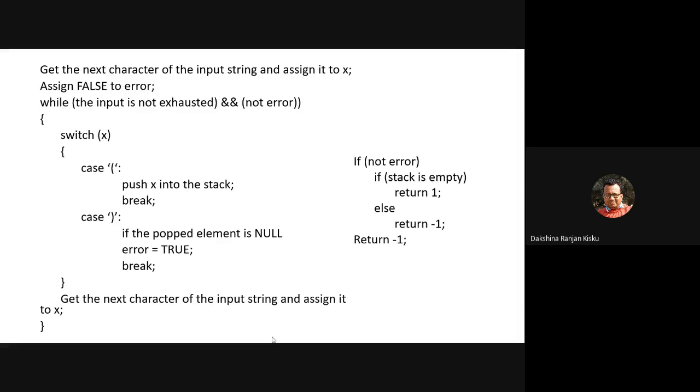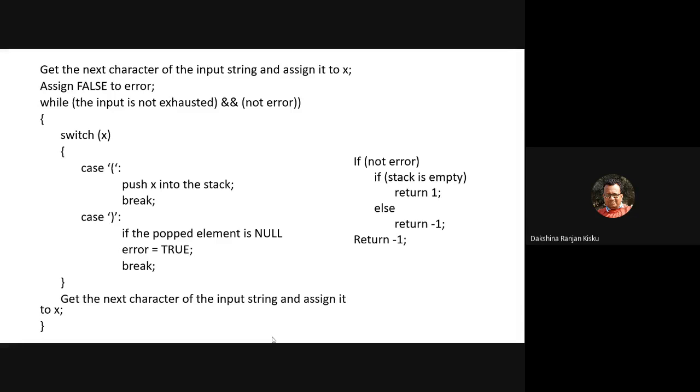First we get the character of the input string and assign it to x, and then we assign false to error. Then, while the input is not exhausted and no error is found, we start scanning from left to right.